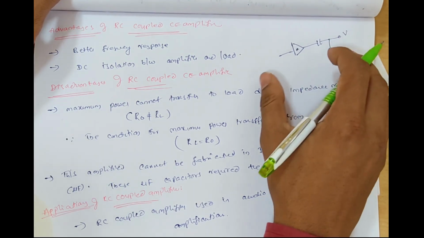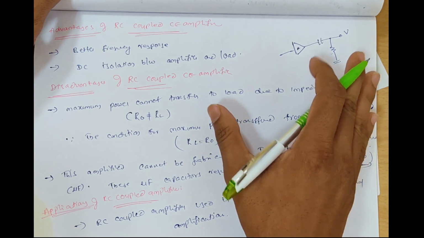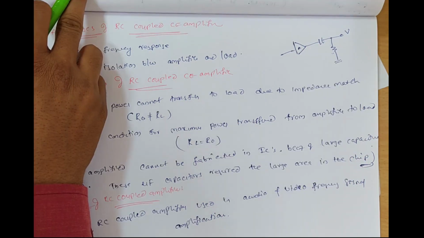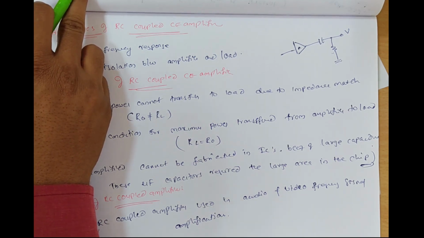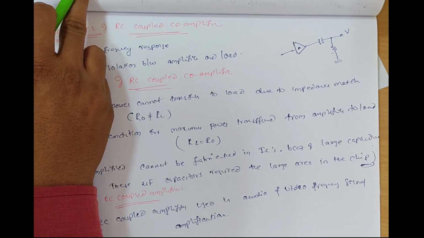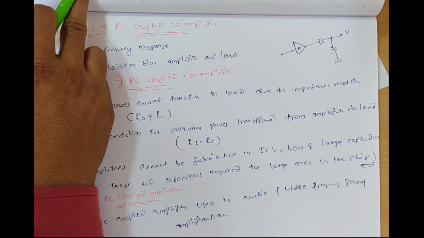So till now we have considered the RC coupled amplifier. According to the interconnection of amplifier and load, amplifiers are of three types. Now it is the RC coupled amplifier. Without a capacitor, you can also connect the amplifier directly to the load, which is called direct coupled. Using a transformer, we can also connect the amplifier to the load, which is called a transformer coupled amplifier. We'll see the remaining direct coupled and transformer coupled amplifiers in the